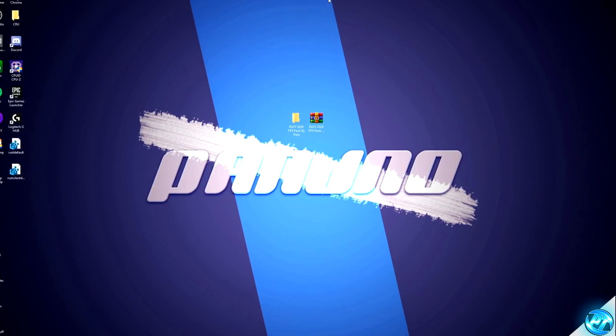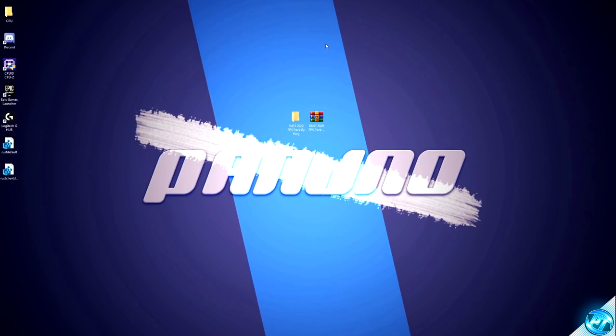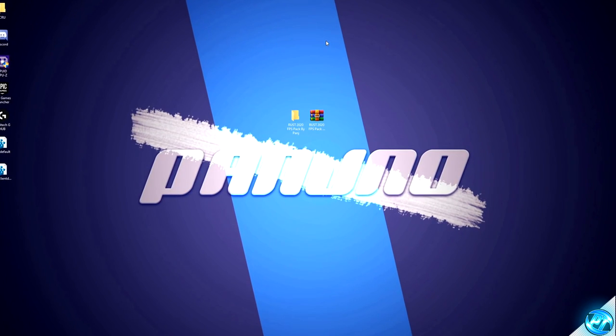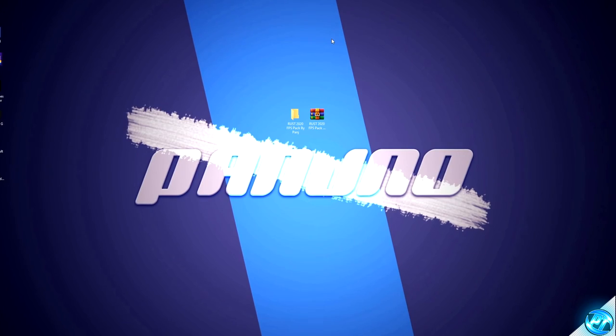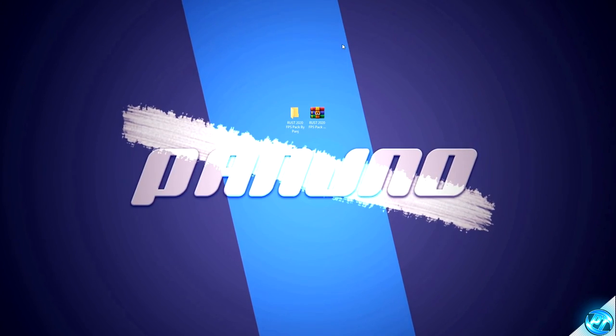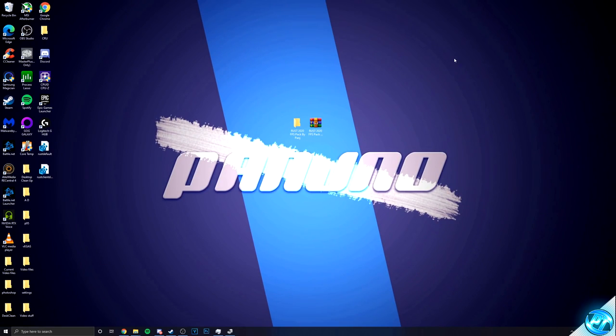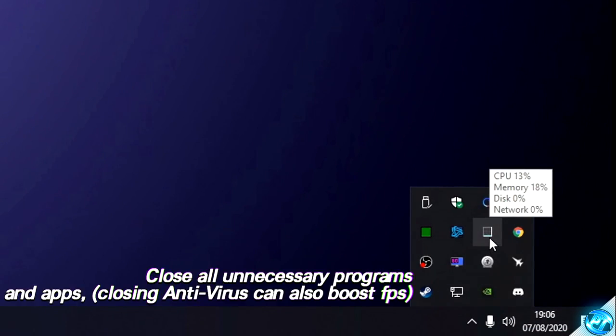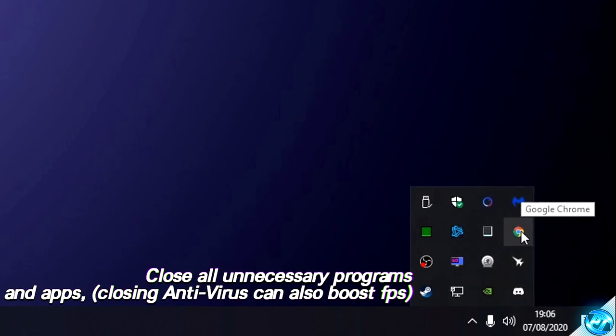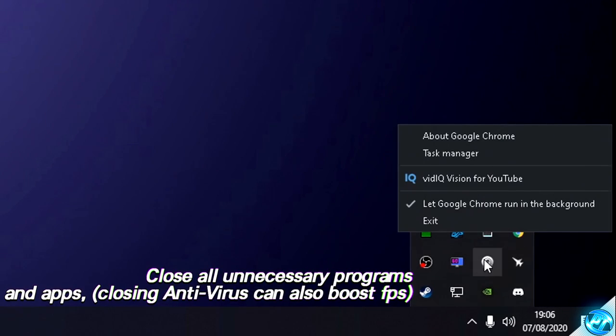So assuming that this video is now coming to a close, what we're going to be doing is preparing some steps inside of Windows and closing out of other programs to ensure that we're allowing the game to have access to all of the resources possible inside of your PC. For this, what I'd recommend doing is navigating to the bottom right hand side to the task icon tray, clicking on this up arrow and start closing out programs that you no longer need open. So after this video, if you're done using web browsers, make sure that you right click, select exit on those,